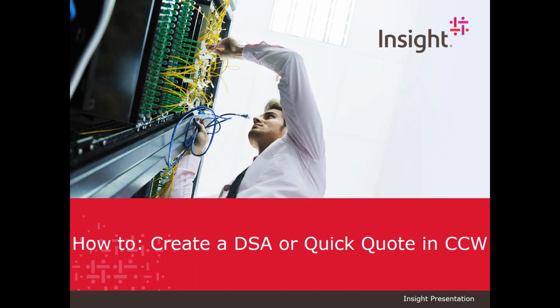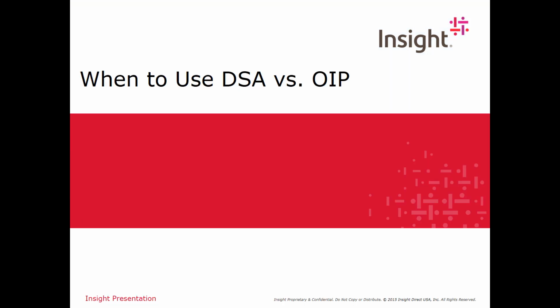This video will walk you through the steps of submitting a quick quote through the CCW portal. There may be situations where you would need to use a quick quote versus an OIP deal registration. Like for instance, if you are participating in an RFP or an RFQ and need to apply for special bid